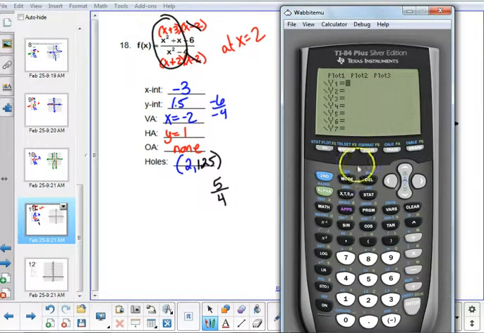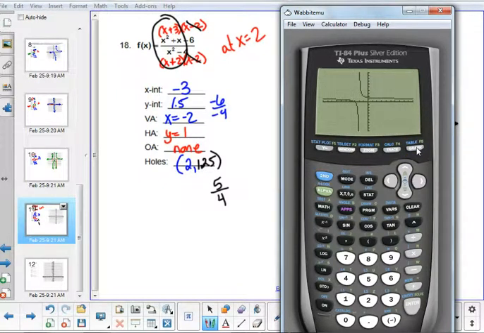So I'm going to type in the original function with parentheses: x squared plus x minus 6, divided by x squared minus 4. If you were to type in the updated version, after you remove the discontinuities, you are not going to see what the original function had to offer. So you have to type in the original one. I'm in the standard window right now,